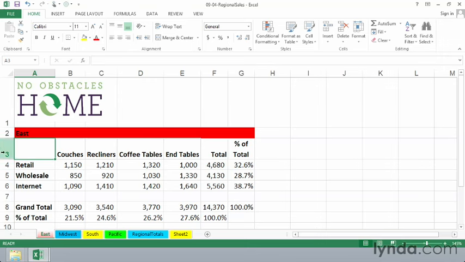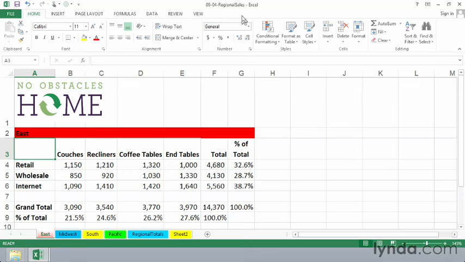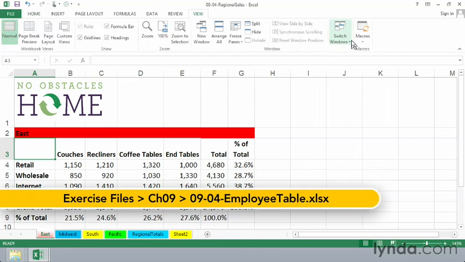In this movie, we want to show how to link different worksheets by way of formulas and also different workbooks. We need to have two files open. One is called 0904 Regional Sales, and if you have opened it, you'll know, on the View tab, click Switch Windows,